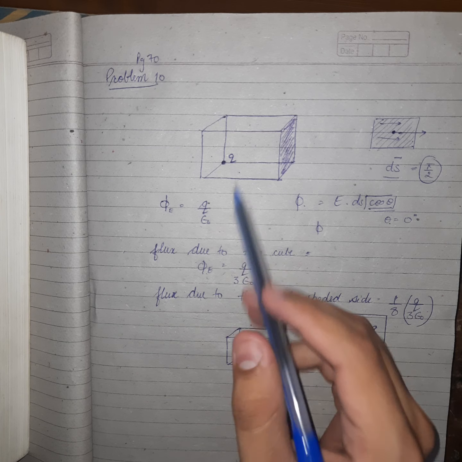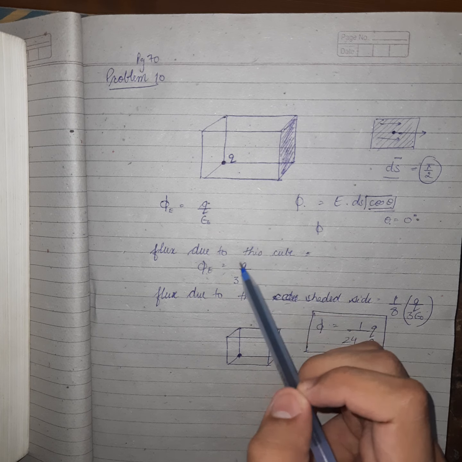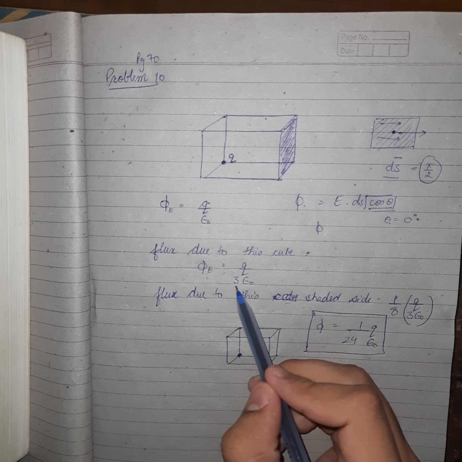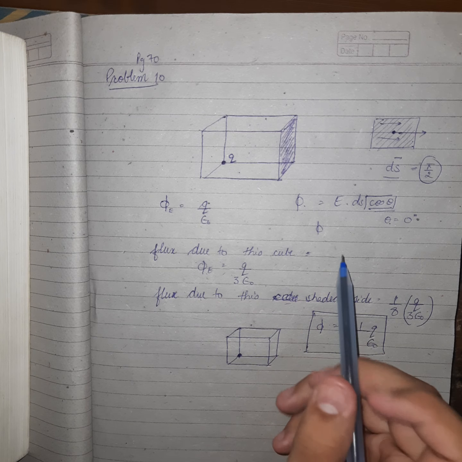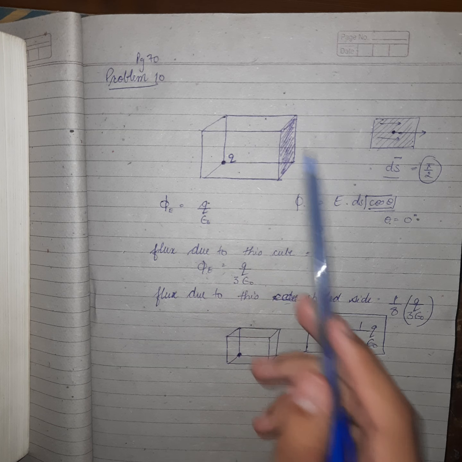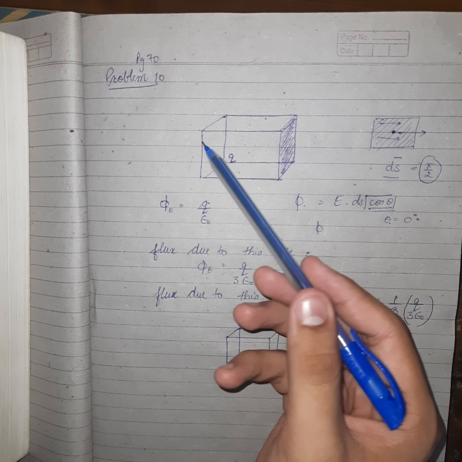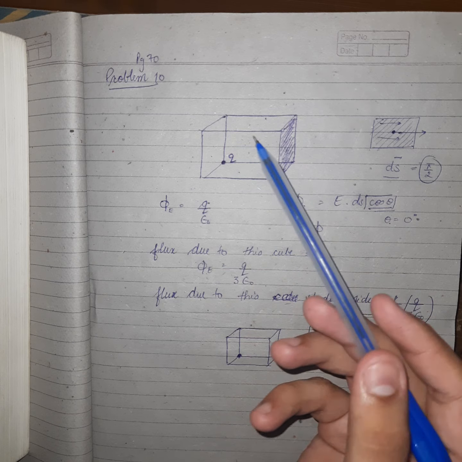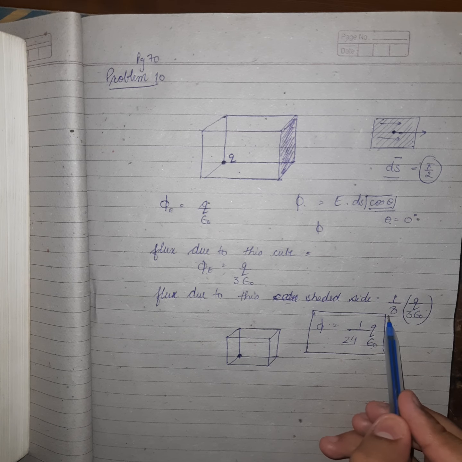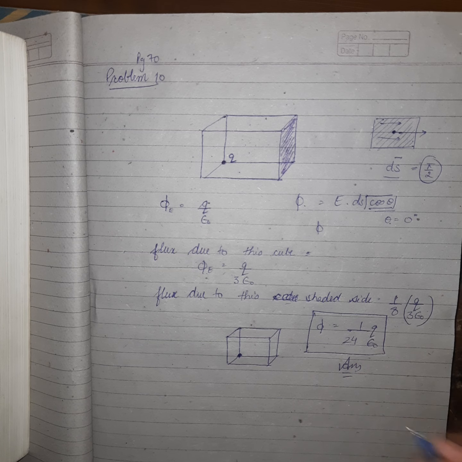What we did, we first calculated for this cube only. We found that there are 3 sides, this side and the upper side, through which electric flux is possible. But now we have other sides also through which electric field lines can cross. So we also close the surface from that side, but we need 8 cubes to do so. For 1 cube we need 1/8. That's why we got the answer Q by 24 epsilon naught. I hope you understood.